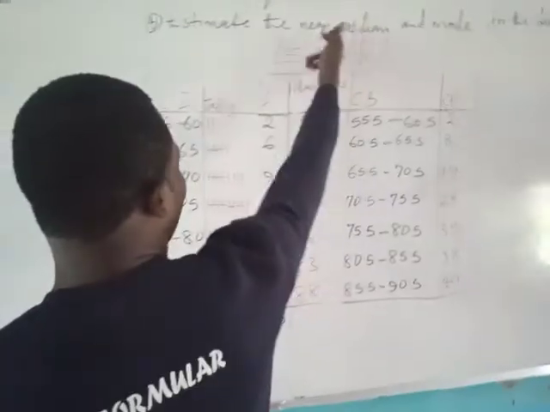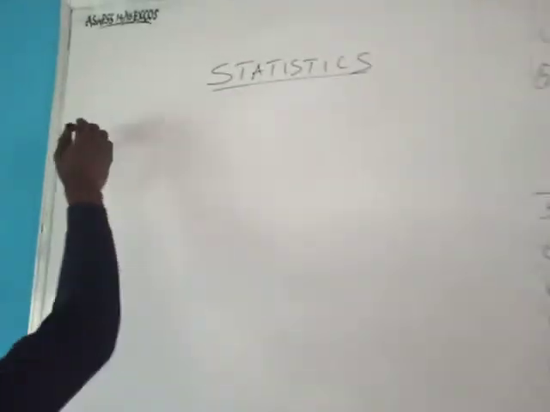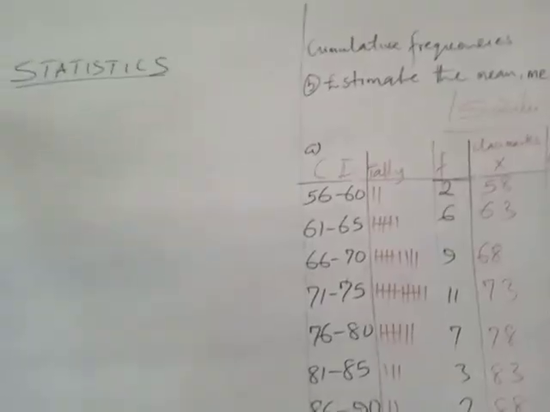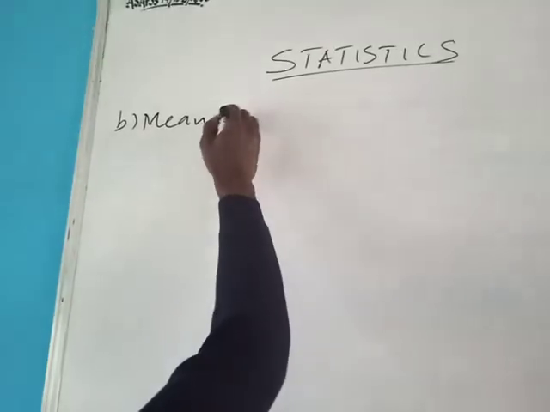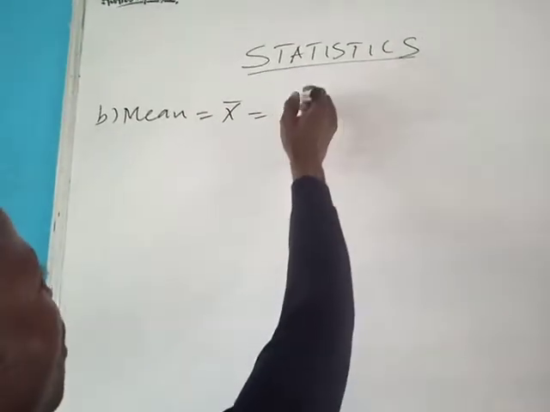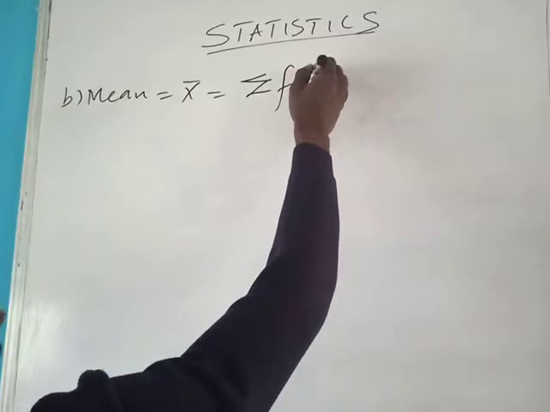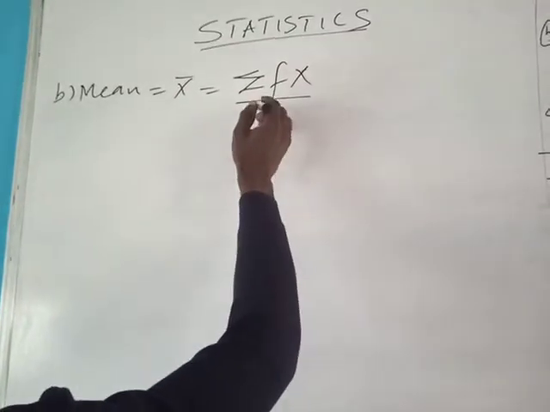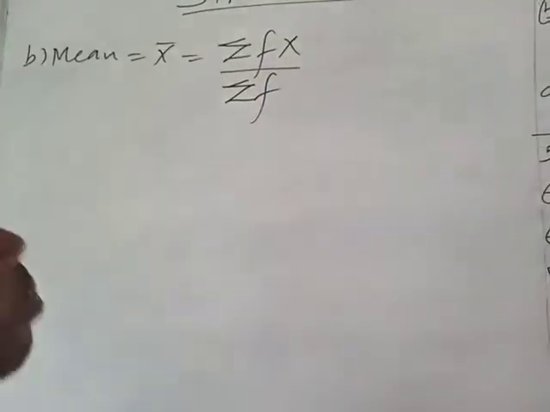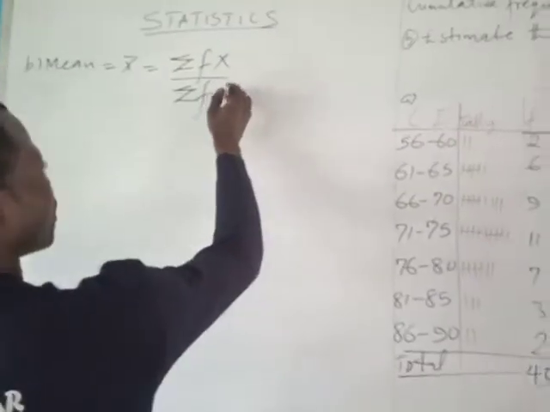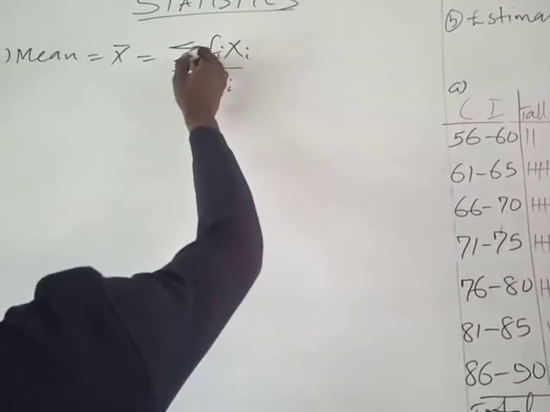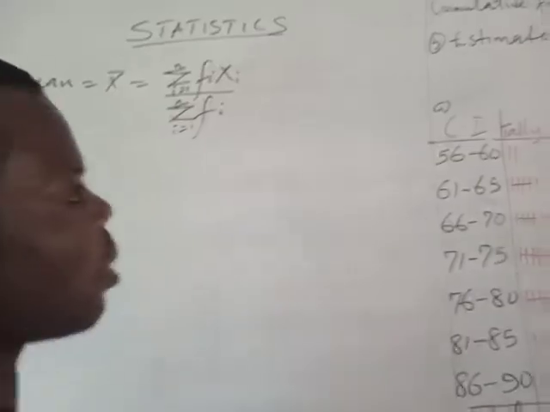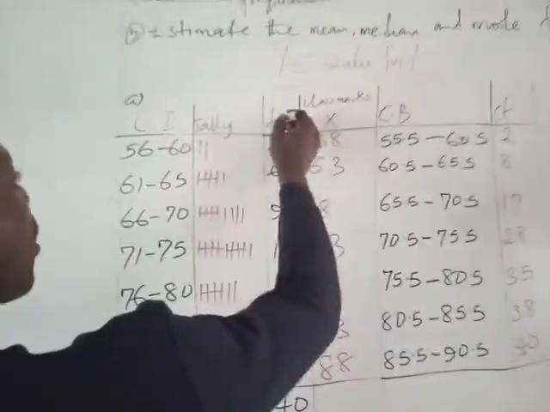So to find the mean, that is question B. This is our question A. So we know that our mean, which is denoted as x bar, is given as summation f x over summation f. This is our mean for grouped data. So we can write i is an integer from 1 to n, i from 1 to n. So this is our fi,